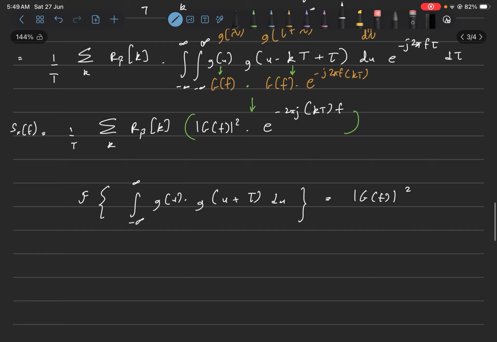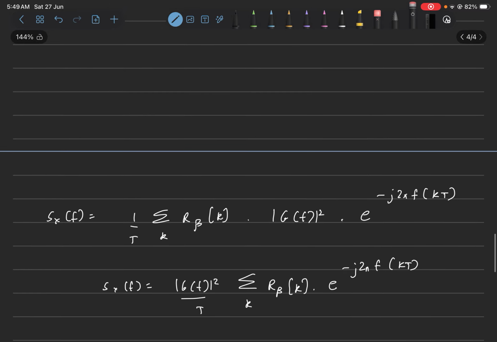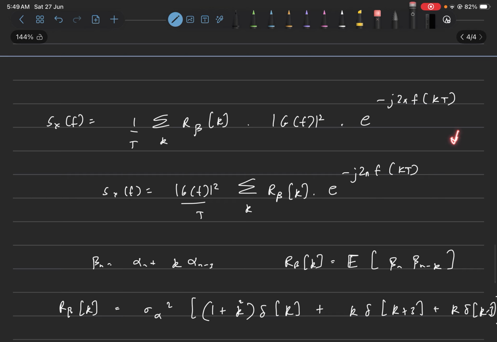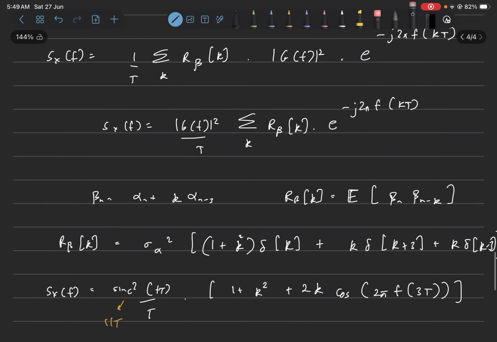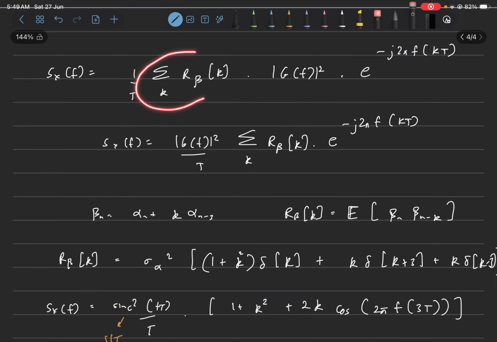Now we can use this expression in order to solve the problem. So this is the expression we evaluated. Assuming that it is an NRZ pulse, this will be sinc square ft. So we'll replace this by sinc square ft, which has nulls at 1 by T, but the problem says that the spectral density has nulls at 1 by 3T also. So this is not of much importance. This is not null at 1 by 3T. Now we'll focus on this term.